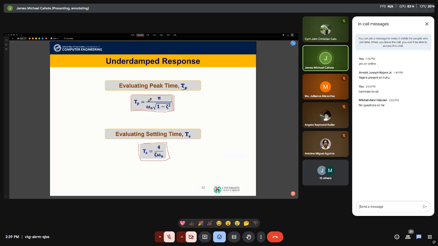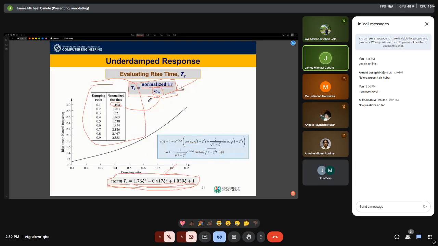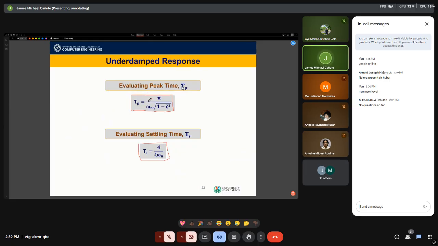Okay, the normalized rise time is long. Where do we get omega sub n? Oh wait, we have also defined the other time specifications. So peak time, TP, is defined as pi divided by omega sub n multiplied by the square root of 1 minus zeta squared. In the textbook, this formula is defined and derived. We will skip that for brevity's sake. And also the settling time, it is long too. So, just accept it as the gospel truth. So, TP, that formula, TS, 4 over zeta omega n.